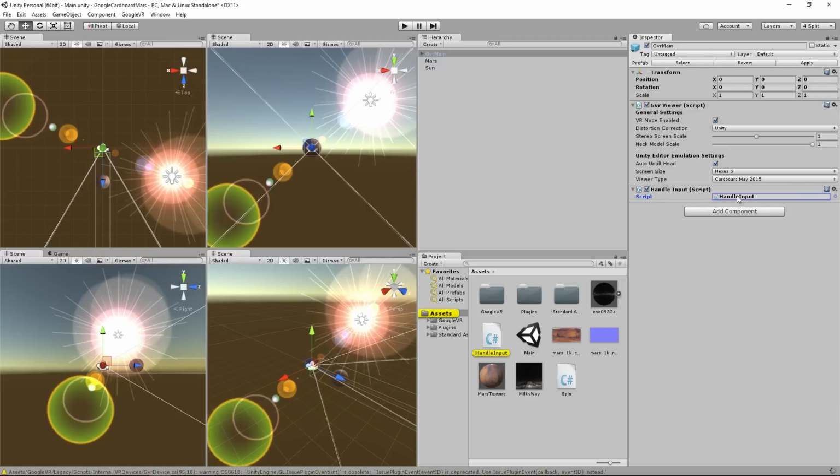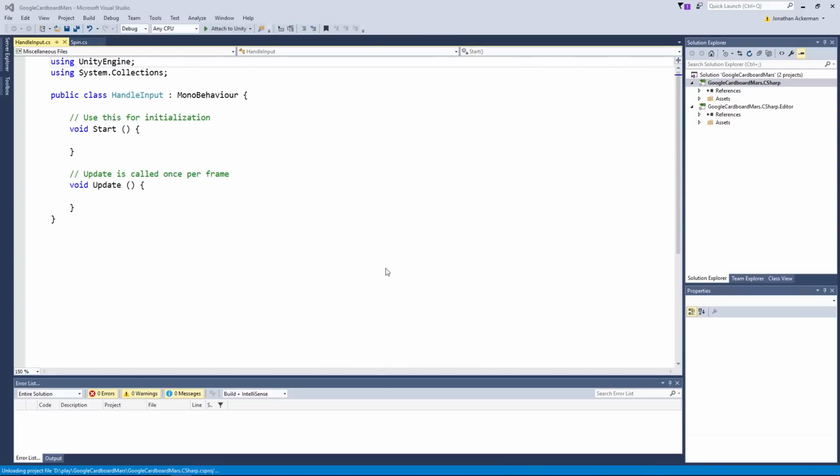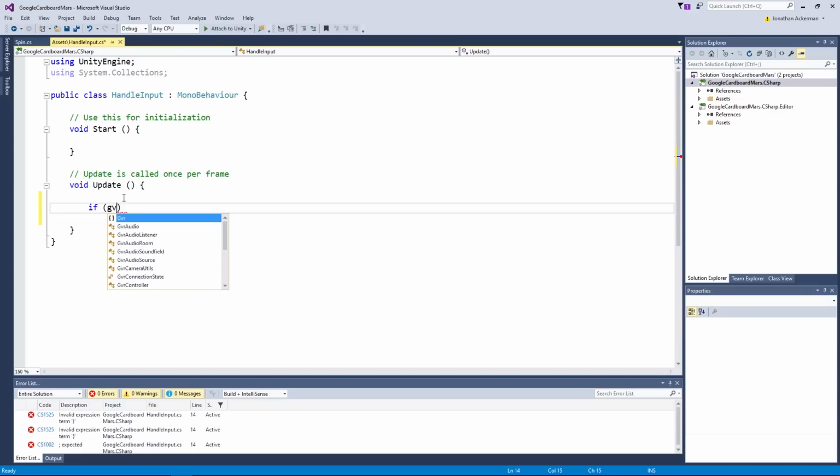We're going to open that up in our editor. And inside here in the update method, what we are going to do is say the following: if GVR viewer dot instance